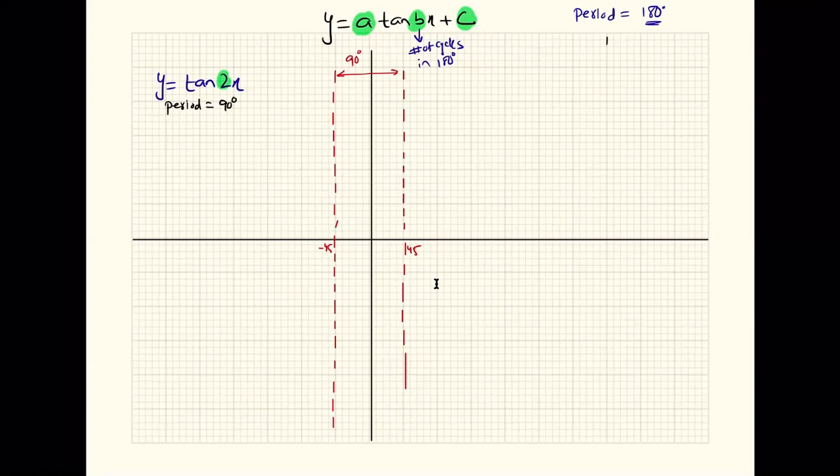अब अगला एसिम्पटोट कब बनेगा? 45 के बाद 90 डिग्री. So you are going to add 90 degree to 45, you are going to get 135. सही है? So 45, this is 90, 90 plus 45, it's going to give you 135. So the next asymptote is going to be at 135. Then you are going to add further 90 to this. So it is going to come at 225. फिर plus 90, 315 पे आ जाएगा. And then 405.